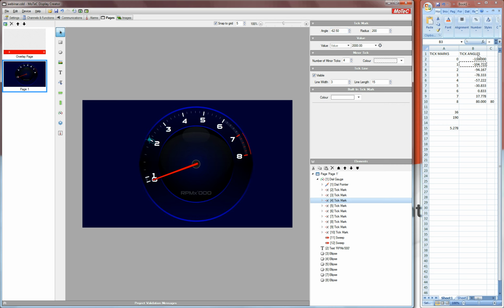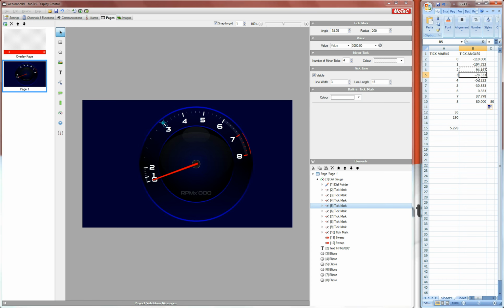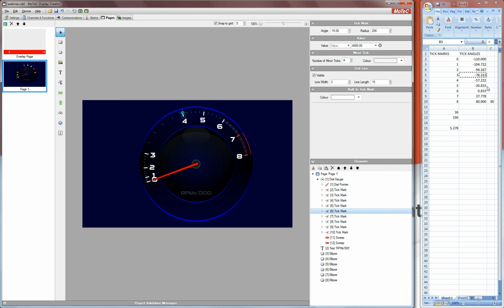Next angle, Control C and paste. We'll do that for all of these angles. Next angle, copy, paste, next angle,